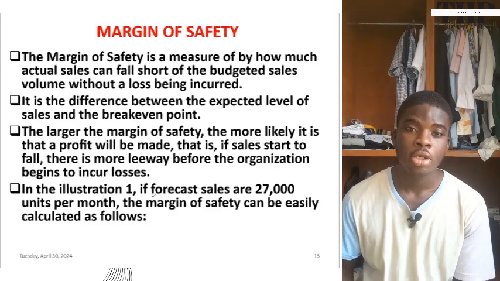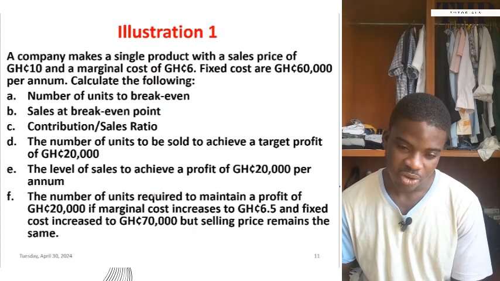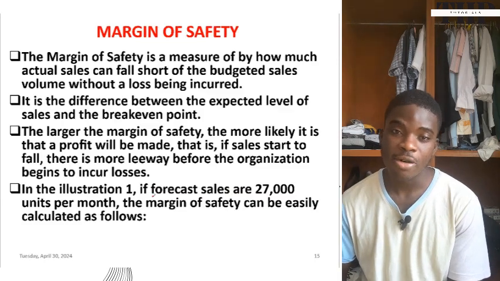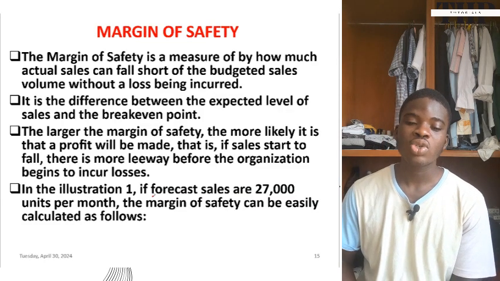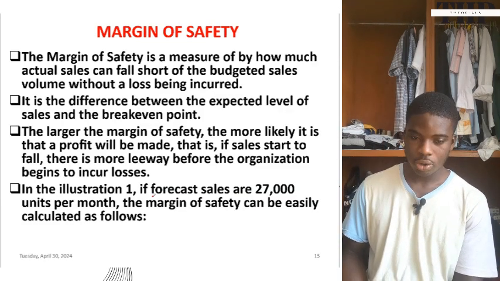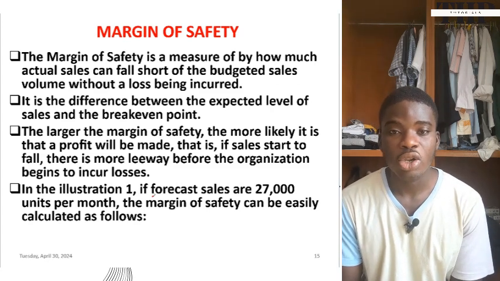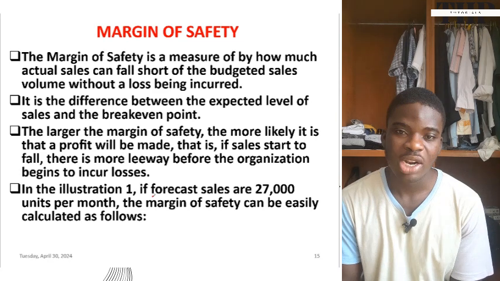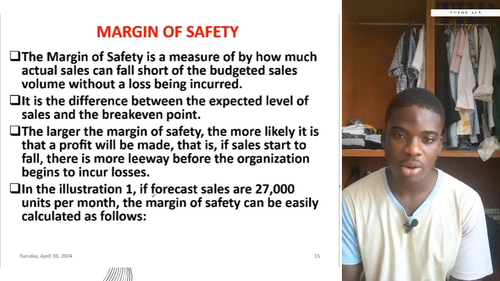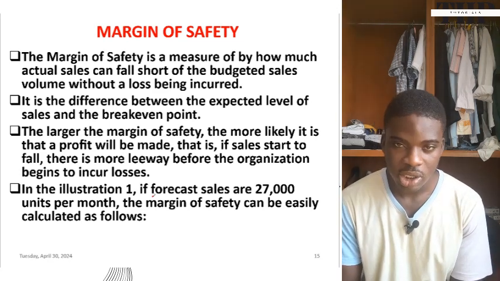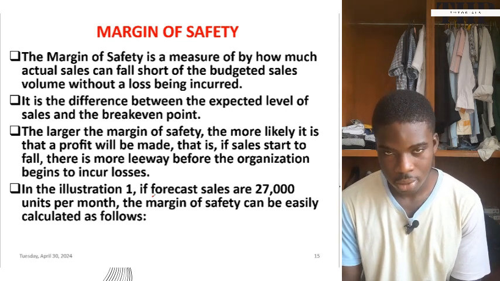Okay. So margin of safety, right? What's margin of safety? The margin of safety is a measure of by how much actual sales can fall short of the budgeted sales volume without a loss being incurred, right? So remember that CVP analysis is all about future profit, right? So there's a lot of budgeting involved. There's a lot of expectations being made,